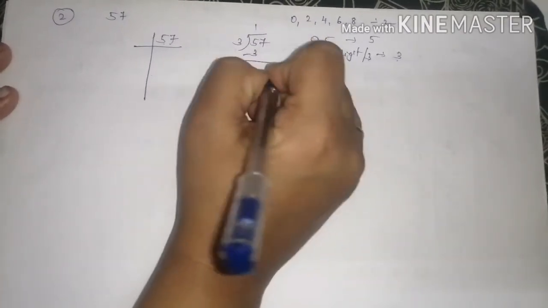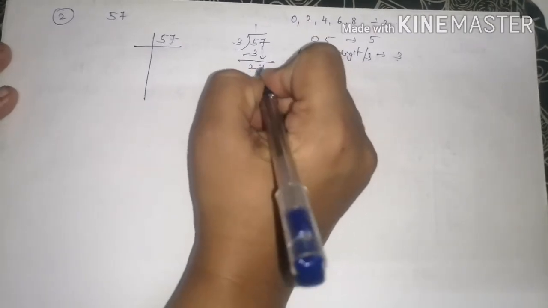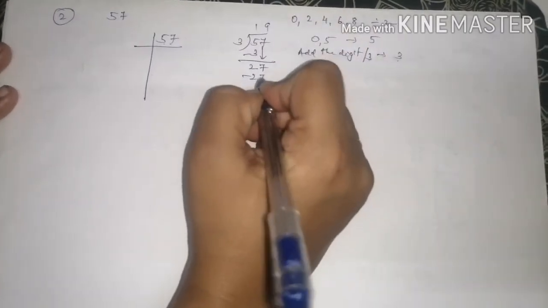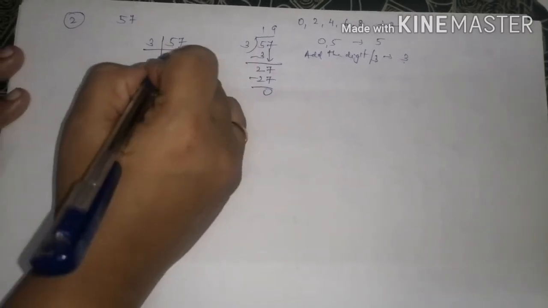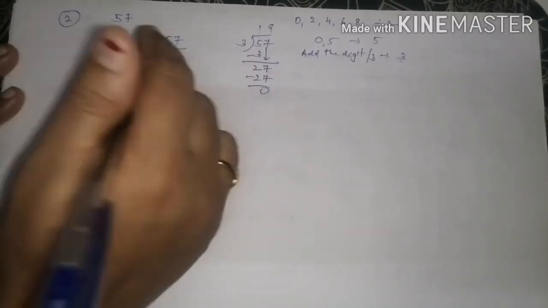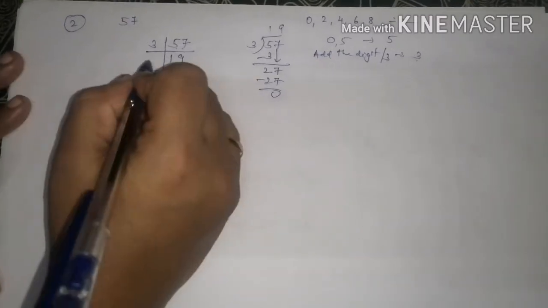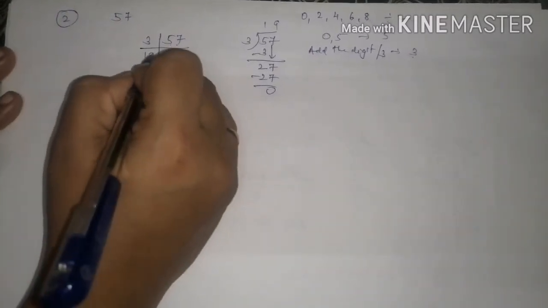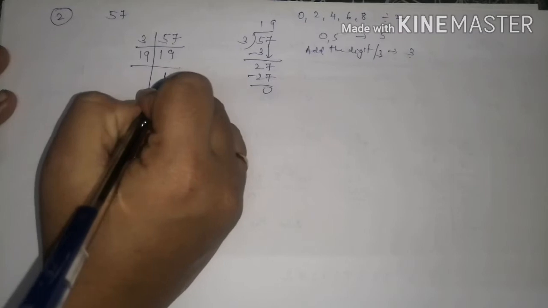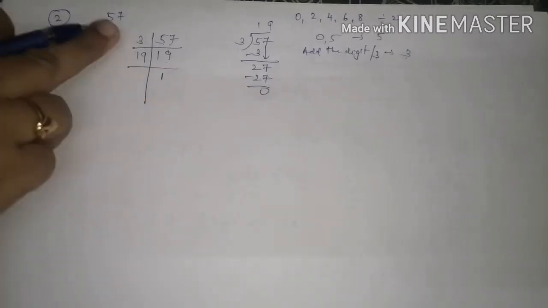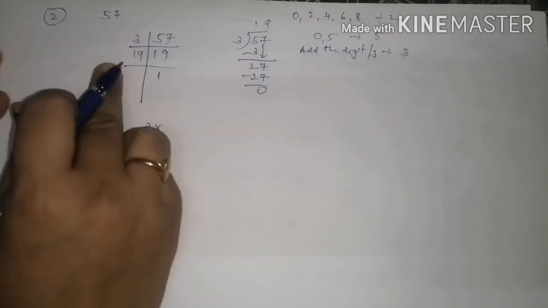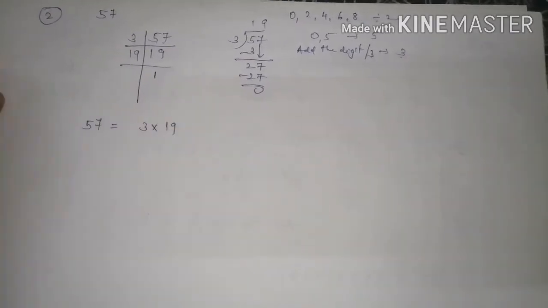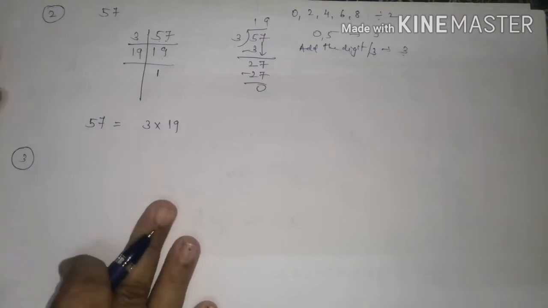So you can divide 57 by 3. 3 ones are 3, 5 minus 3 is 2. Take this 7 down. 3 nines are 27. So it will go in the table of 3. After dividing I got 19. So 19 you have to write down. Now 19 is a prime number, so don't search for it in any table. 19 comes in 19's table only. 19 ones are 19. 1 came, stop. So what are the factors of 57? 3 multiplied by 19. Now see the third sum. The third question is 23.